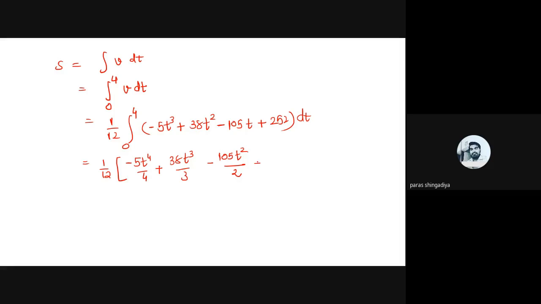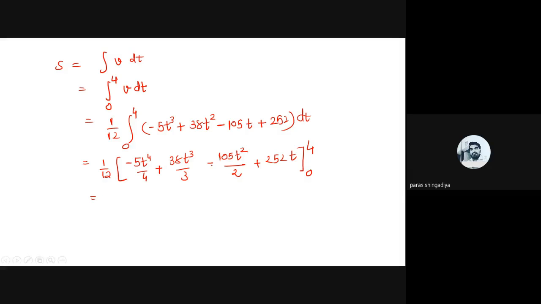And then when we replace 0, each term involves t, सभी टर्म में t involve है, तो 0 replace करोगे t की जगह पे तो पूरा 0 हो जाएगा. Clear? So we just predict the answer at t is equal to 4. ठीक है, आपको सिर्फ t is equal to 4 पे answer derive करना है, क्योंकि 0 पे वो पूरा 0 हो जाएगा. ठीक है, so it is 1 by 12, and